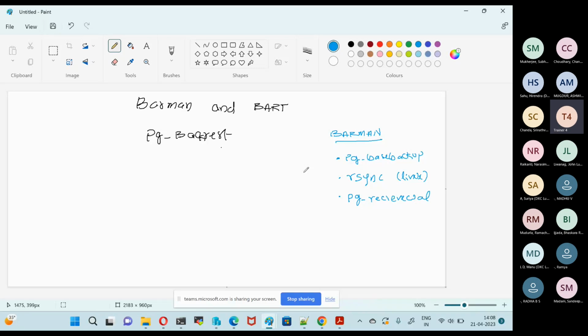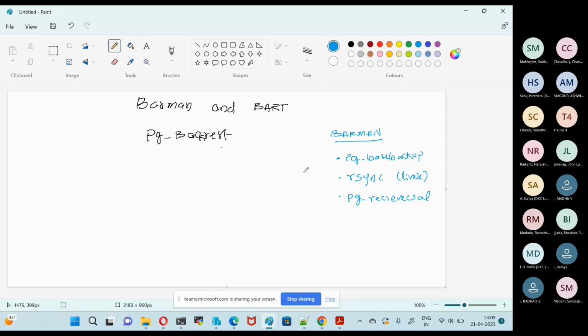It can work remotely and locally. You give the credentials like host name, username, password, everything. So it will connect to the Postgres server, and it will pull the WAL files, redo log files, as if it is